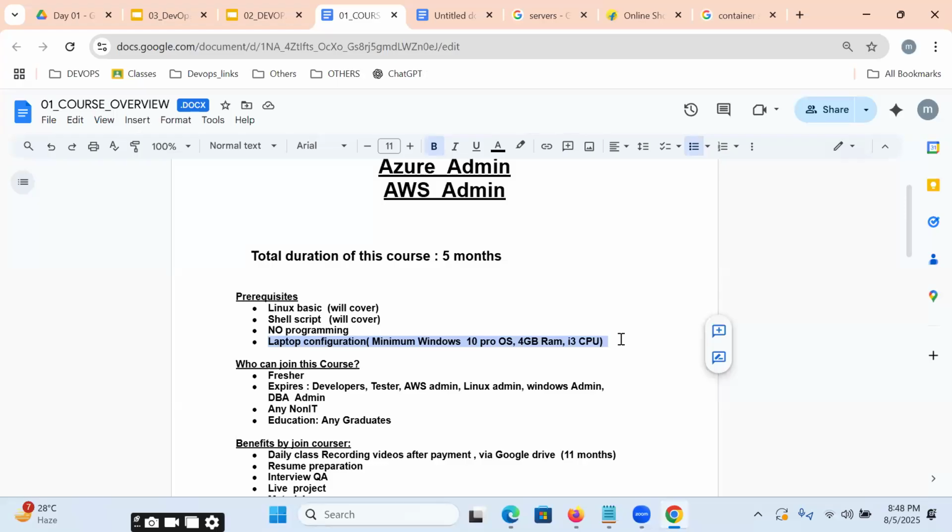Each and every class is practical, sir, not theoretical like today. Today was an explanation diagrammatically, concept-wise, writing down the points and step-by-step commands. The same thing I'll simulate in the cloud, either AWS or Azure, practically. That will be recorded and I will share it with you. By following the recording, you need to practice on your laptop daily. If there is any problem, come to the next class and ask me in the queries, or else share your screen and I will resolve the issue on your laptop.